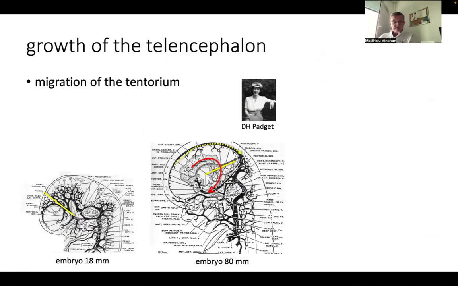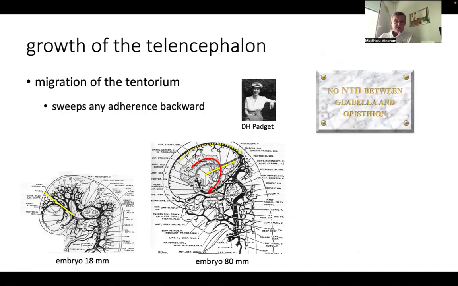As I said, it involves the development of the telencephalon. These beautiful drawings come from the work of Dorcas Hager-Paget and show the extension of the telencephalon between 18 and 80 millimeters, and the position of the tentorium in yellow, which comes from backward, and while the telencephalon wraps around the middle cerebral artery axis. So it sweeps any adherence between the